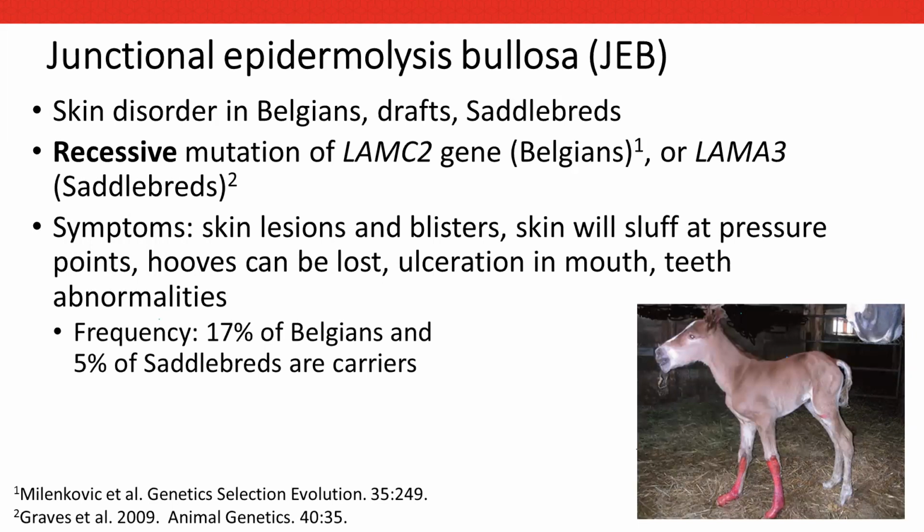So symptoms are these very disturbing skin lesions and blisters. Skin will slough off at pressure points. Hooves can be lost, and their mouth also has some abnormalities in their teeth and how their dentation is developed. So this foal in this picture, this poor little foal, this is the pictures that you see of this. It commonly shows that the front legs have